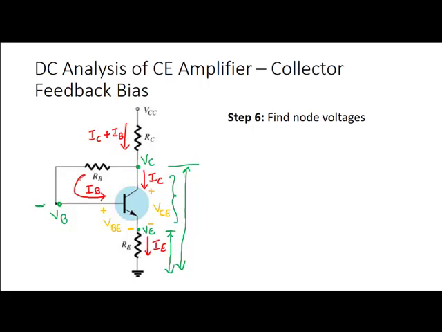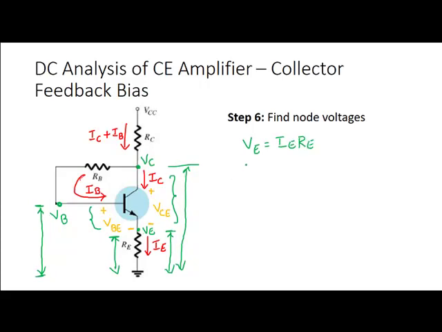Similarly, VB is the voltage drop across the base with respect to the ground point. So it is this voltage. VE is this voltage between emitter and the ground. So VBE is the difference between VB and VE. So what is VE? In case of fixed bias, VE will be equal to 0 because this emitter terminal is connected to the ground. But in this case, we have RE in between. So VE is the voltage drop across RE. So VE will be equal to IE RE.